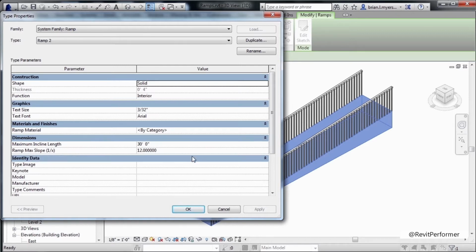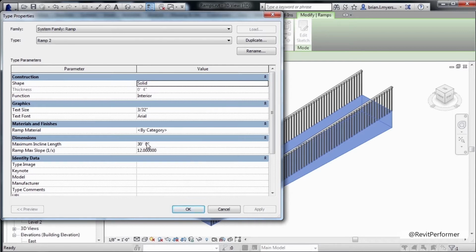That means that with this ramp that we've drawn, we were able to draw it because it was only 24 feet in length. But if this ramp needed to rise 3 feet instead of 2 feet, which is what the ramp did and went up 2 feet, then we would have needed to create 2 ramps in order to address that condition, because the overall ramp length would have needed to be 36 feet, and this ramp can only be